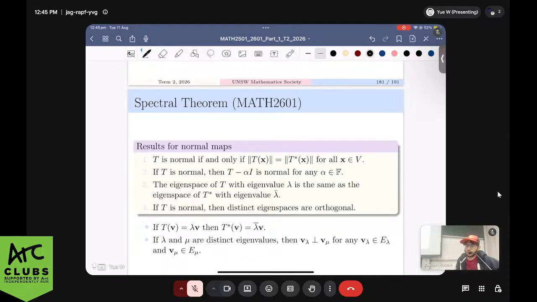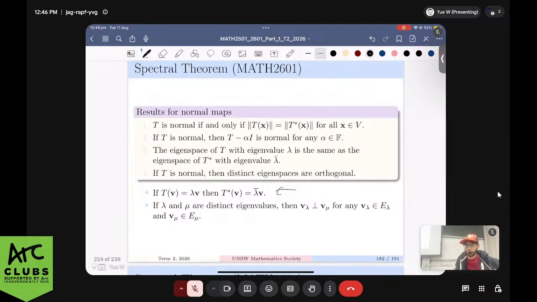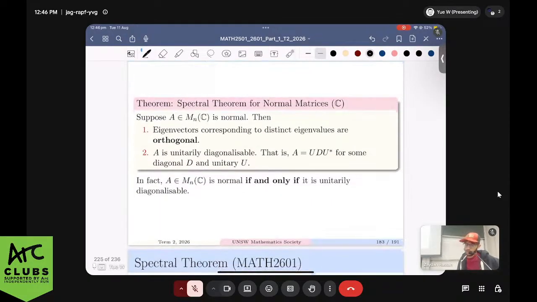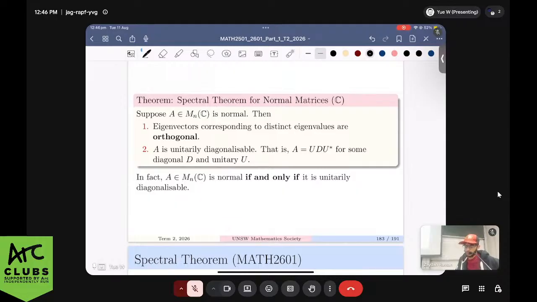Consider the eigenspace of T with eigenvalue lambda. What that means is if T v equals lambda v, then T star v equals lambda bar v, the conjugate essentially. And if T is normal, distinct eigenspaces are orthogonal. Meaning, if you have two eigenvectors from distinct eigenvalues, then they'll be orthogonal. Here's the spectral theorem for normal maps. Basically, a matrix is normal if and only if it's unitarily diagonalizable, which means you can write it as